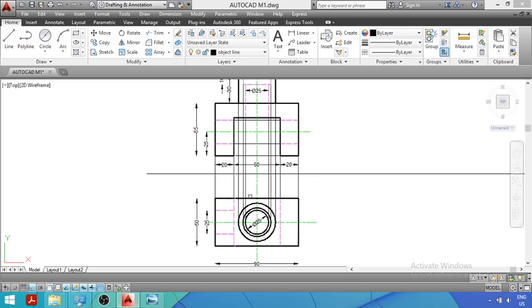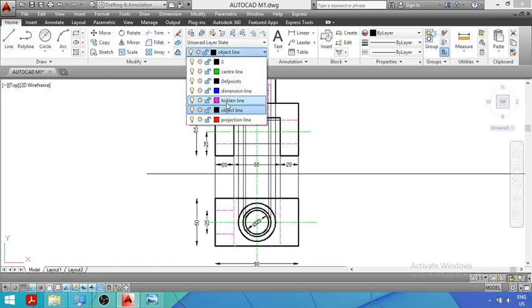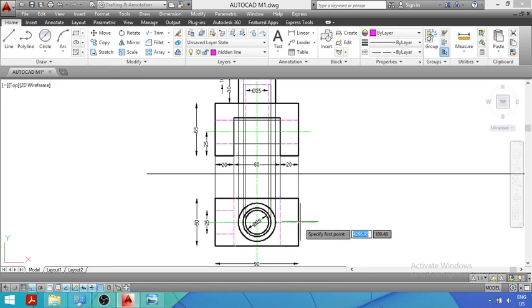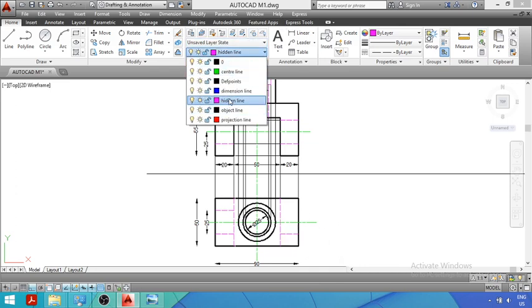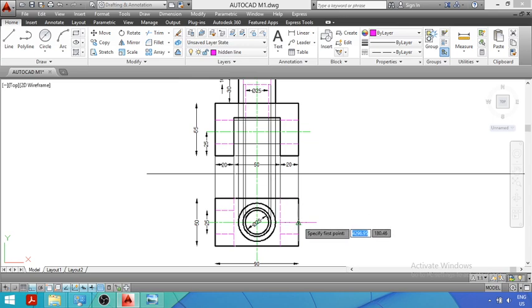Similarly, now we will draw these holes on the right hand side also. So again the same procedure. From this center take a distance of 12.5 mm below. From this center point take a distance of 12.5 mm below, and then draw the first hidden line. Again from this center line take a distance of 12.5 mm on the upper side. The distance will be the same, that is 12.5, both on the upper side and lower side, and then we will show the hidden line.